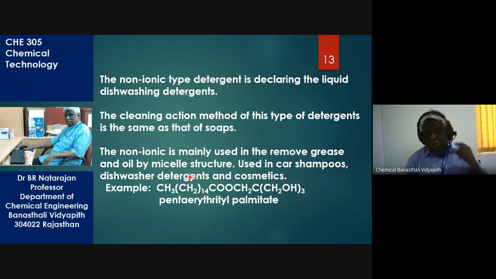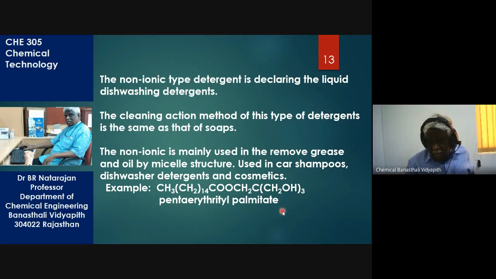Now remember, if instead of water you have another organic substance, then the reverse micelle will form. Hydrophilic will be inside the micelle bubble and the hydrophobic will be projecting outside. Okay. So this is used in car shampoo, car wash, dishwasher detergents and cosmetics. Example,